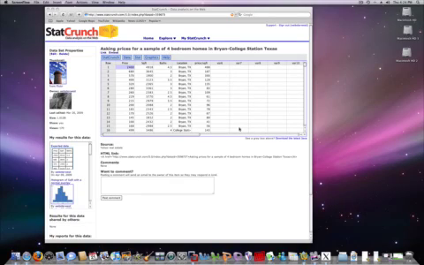Hello, my name is Webster West, and I'm the developer of StatCrunch. This is a quick tutorial on how to do a 2-sample t hypothesis test and a 2-sample t confidence interval